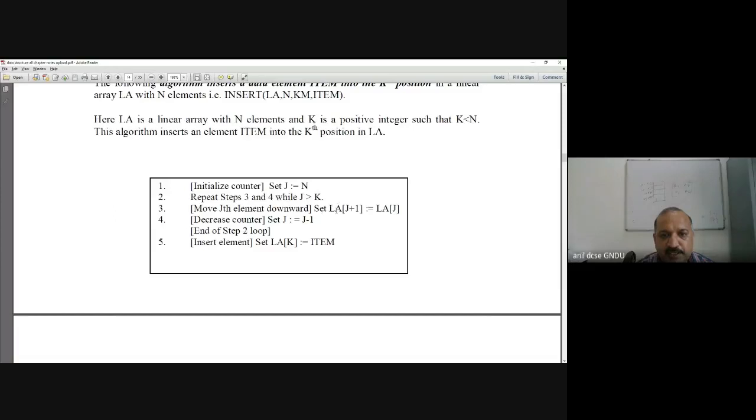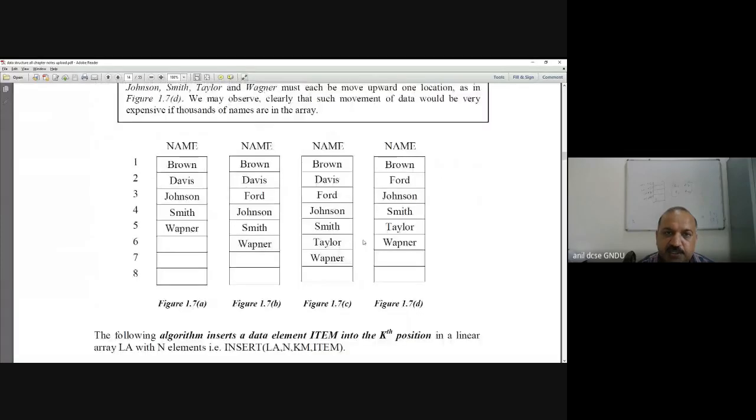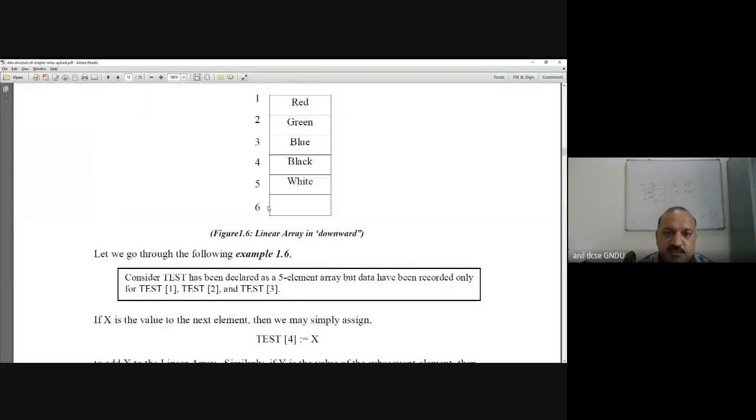Set LA[j+1] equal to LA[j]. Easy. Whatever is stored at LA[j], we are pushing it to LA[j+1]. Fine. Now we set j equal to j minus 1. Setting j equal to j minus 1 means we are setting j to black now.